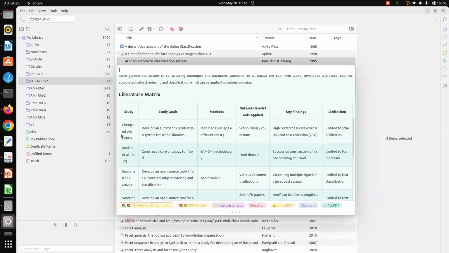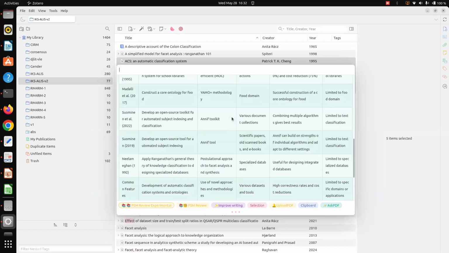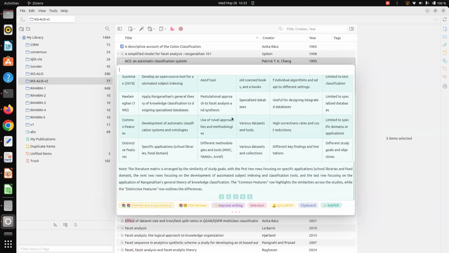Then it will create one literature matrix highlighting different points related to these papers, such as key findings, limitations, and so on. Again, I am saying that you cannot utilize this as it is. But suppose we always collect 100 papers, then on the basis of 10 papers, we can divide them this way. Say I have prepared some sections, and each section contains 10 documents. In this way, we can prepare different sections.